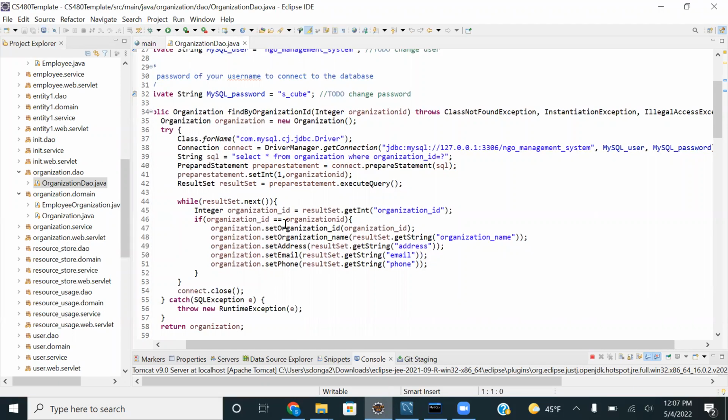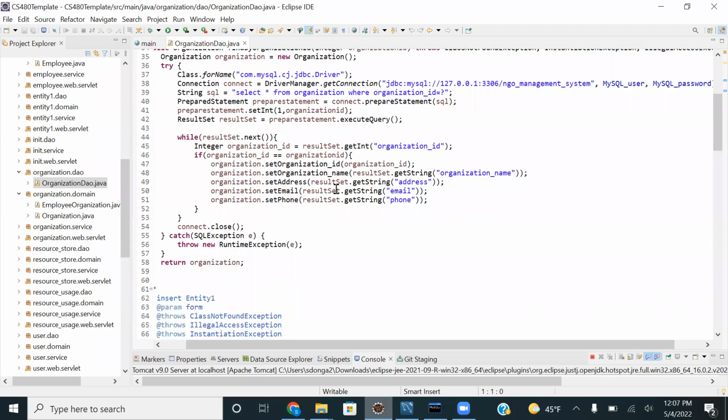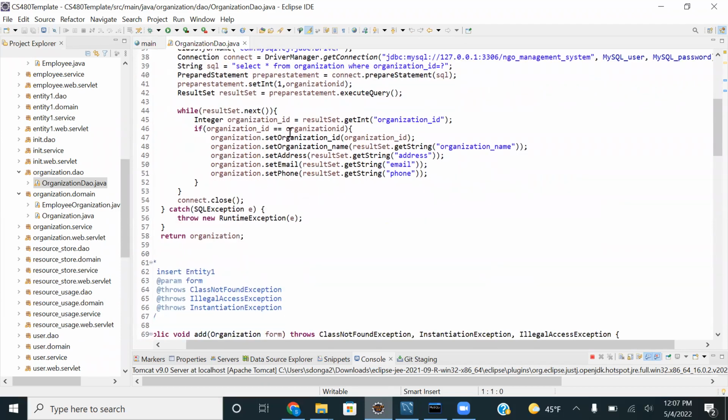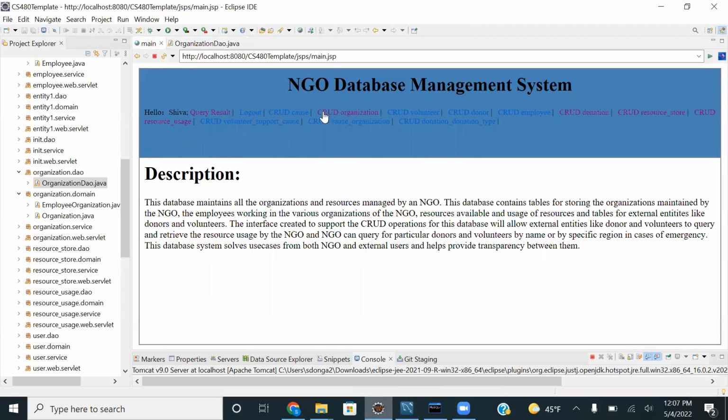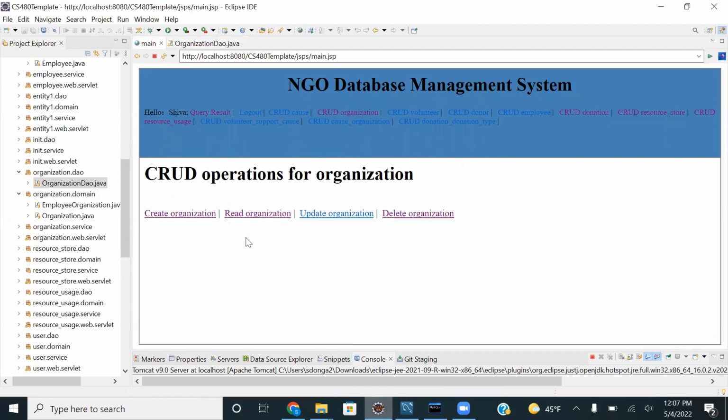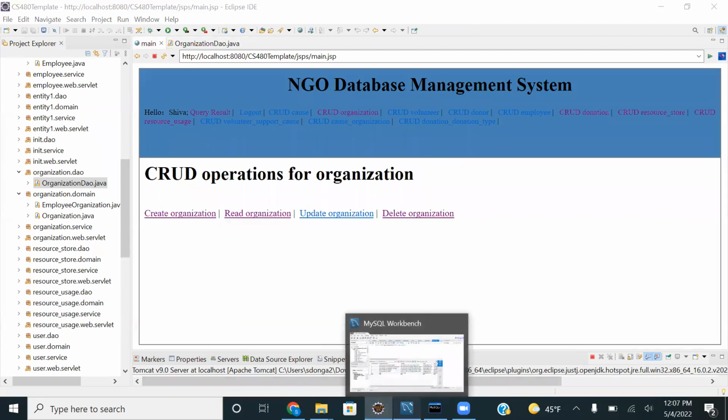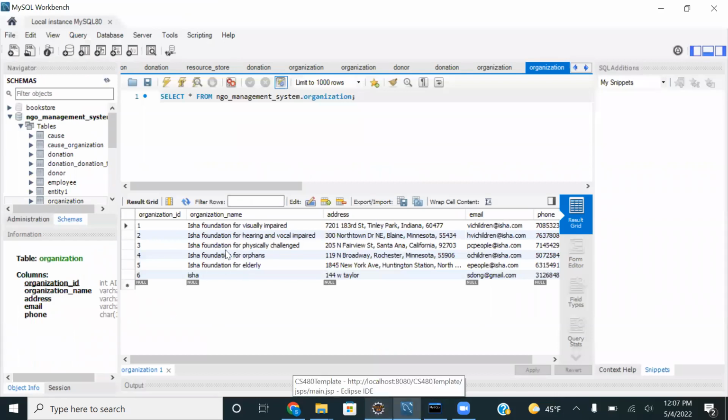So it is a query, we can reflect the answer, the ID number which you need. So we'll get all the things when you give the organization ID. If the organization ID matches, it gives the organization ID, organization name, address, email, and phone number. This is where the whole process is done. So it gives all the values back to the main here in the read organization,